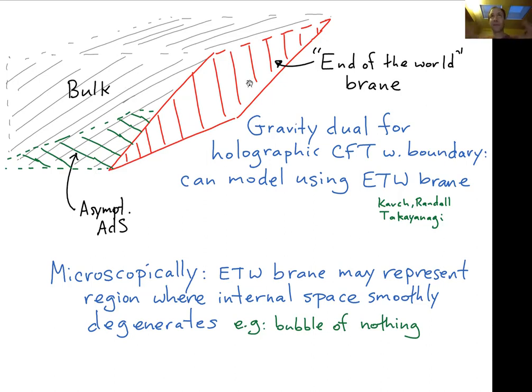Again, they're sort of complicated, but from the lower dimensional perspective, you should think of it as there being a finite distance to this place. It's still an infinite distance to the places that are asymptotically AdS, but generally the places in the bulk that are an infinite distance away correspond to the actual